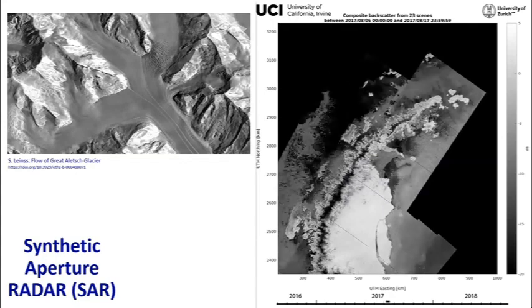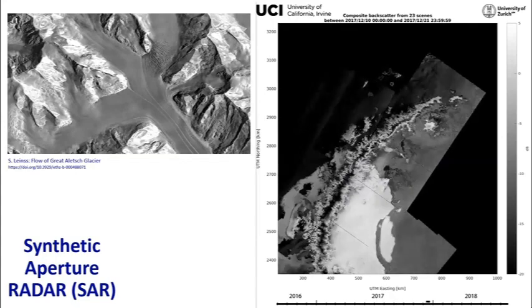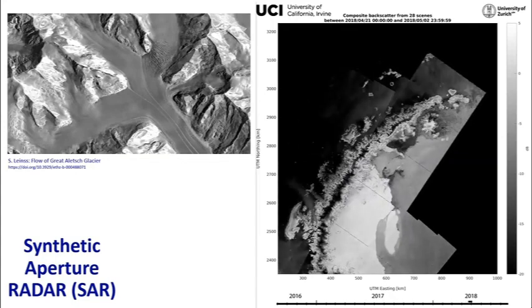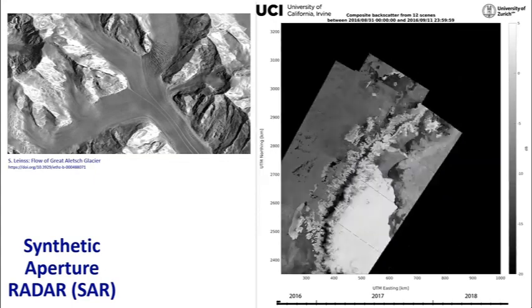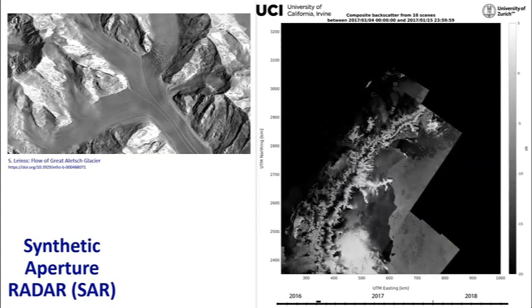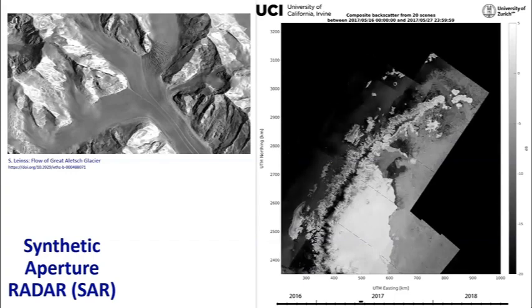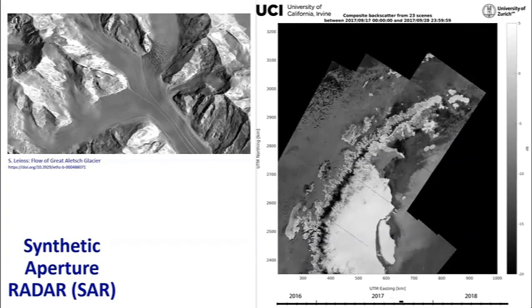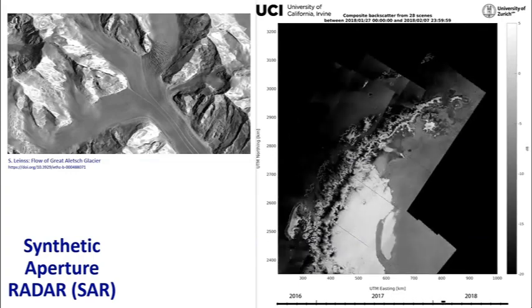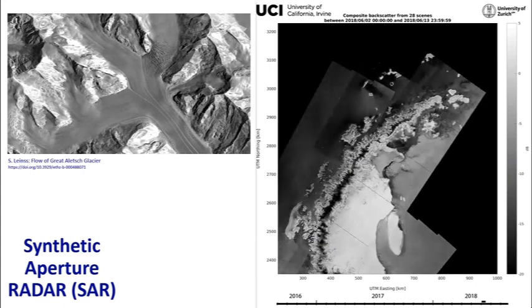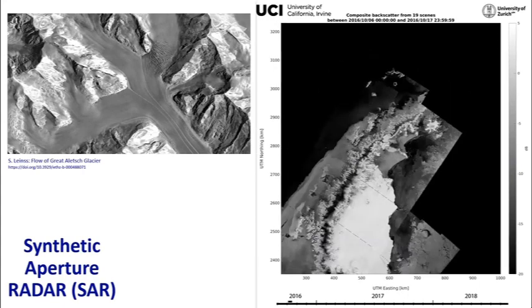This is the northern part of the Antarctic Peninsula, the Larsen ice shelf, and you see here the breaking off of the iceberg, D68, I believe, is what it's called. But it also shows you sea ice in that image and the motion of sea ice, so that's a huge application for